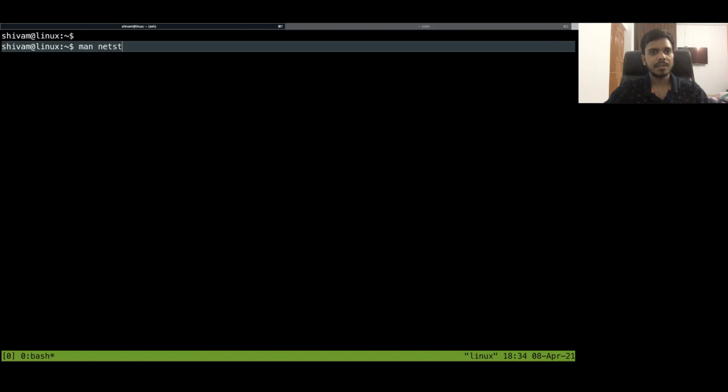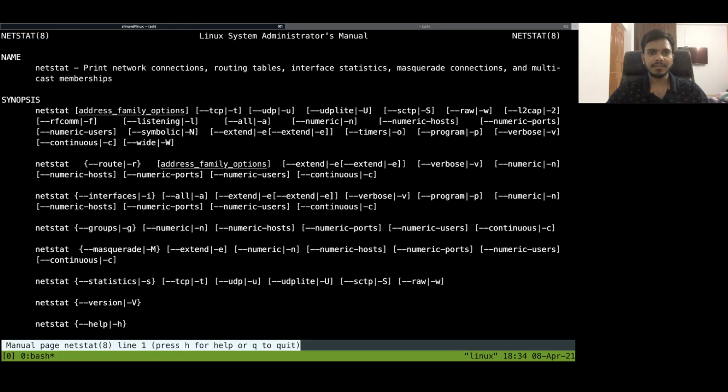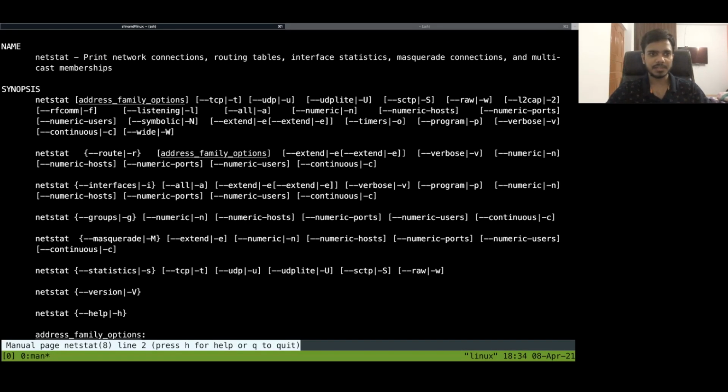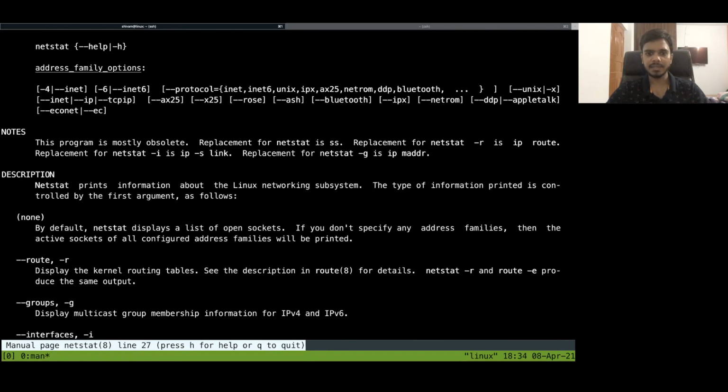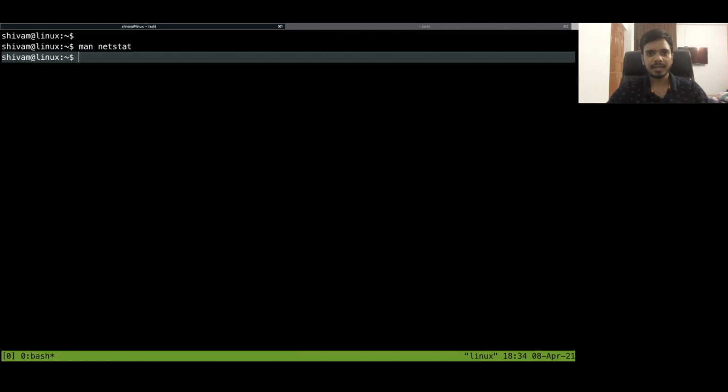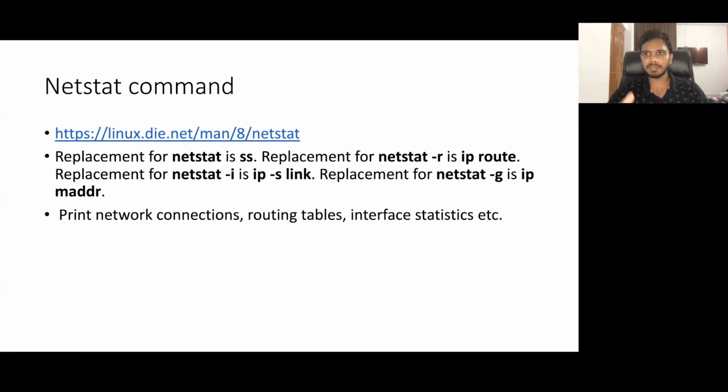This will give you everything: what the netstat command does, what the options to use are, and maybe some examples of how to use it. If you are on the terminal, it's better to just use the man command. And if you want more examples, you can also Google search and see those.